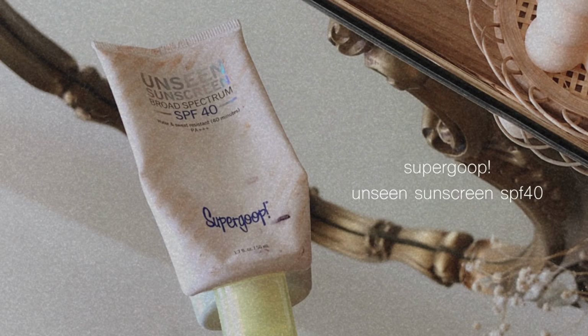So jumping right into the tutorial, I'm going to start off with my favorite current primer, and that would have to be the Supergoop Unseen Sunscreen Broad Spectrum SPF 40. This is one of the ways that I get my SPF in, and it's the primer that I've been using the most recently. It's also because it is in my project pan and I've been trying to finish it. As you can see, I'm squeezing all of it out and trying to empty it,